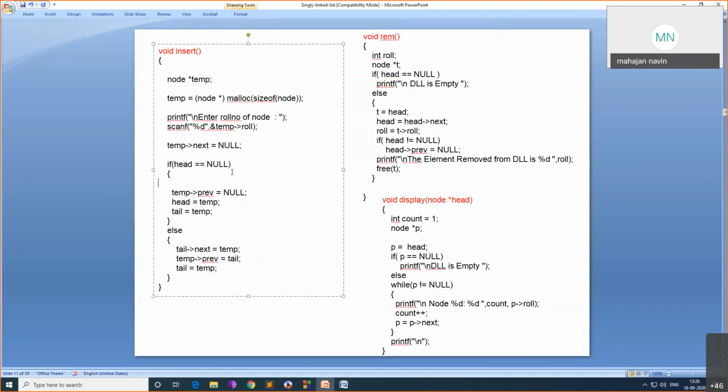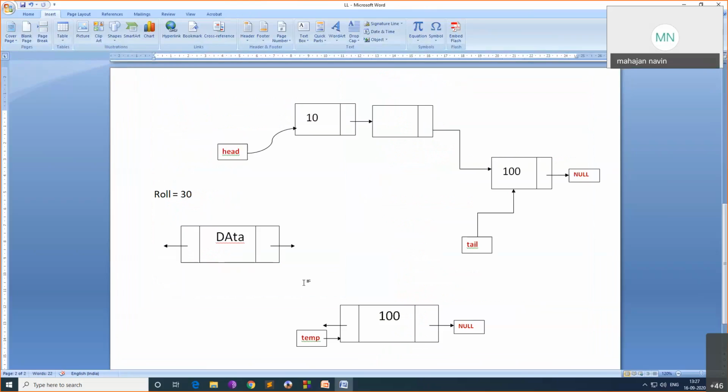Initially head is null. When the linked list is empty, at that time head is null. In that case, what should you do? In our case, initially head was null. Now where are head and tail? We have to create those, no? So head is somewhere here, and tail is somewhere here, and both are pointing to null.